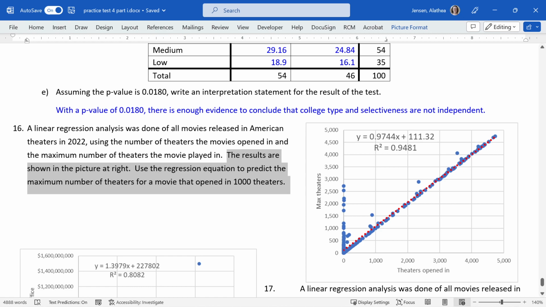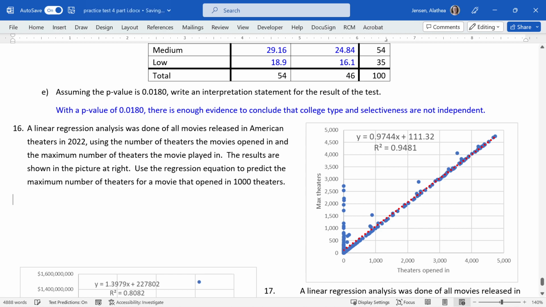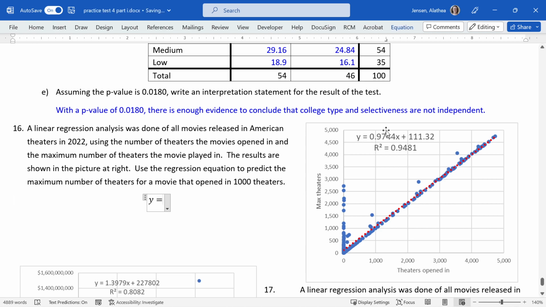Use the regression equation to predict the maximum number of theaters for a movie that opened in 1,000 theaters. Okay, so the number that it opened in, that is your X value on the horizontal, and the number of the max theaters, that is your Y value. So what we're going to do is plug in for X with 1,000, okay, and then we're going to see what Y is. All right, so we're using this equation that is on the Excel chart right here,